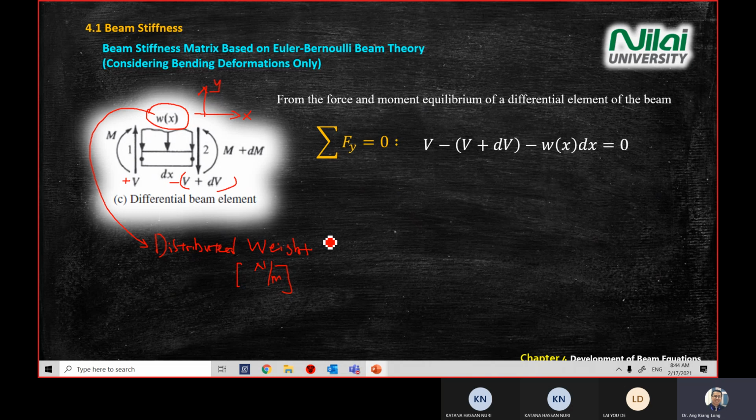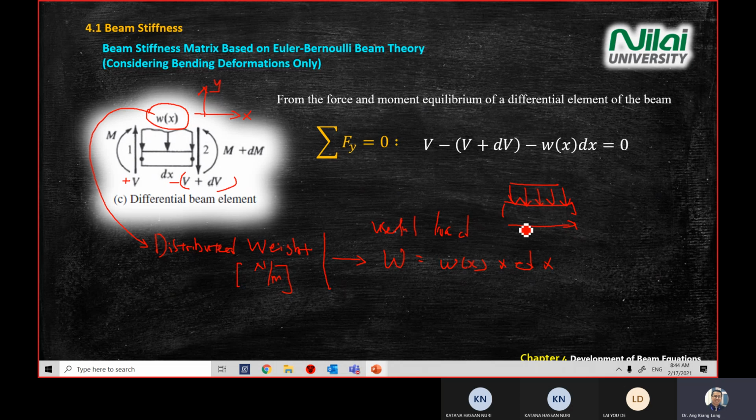So if you want to convert distributed weight into a useful load, W is equal to small w times the distance of the length. All right. So if you have a distributed load on a structure and you have a length of a structure,